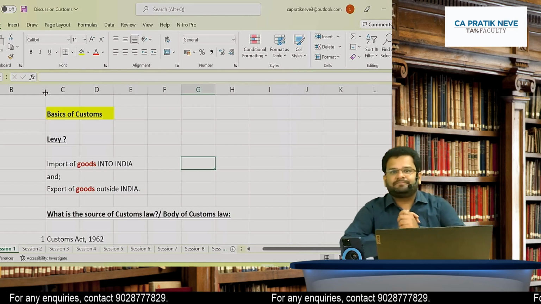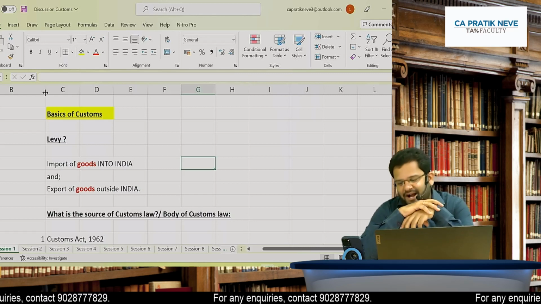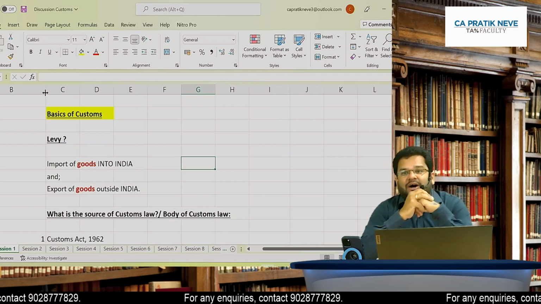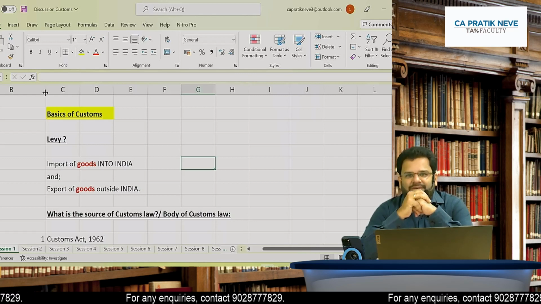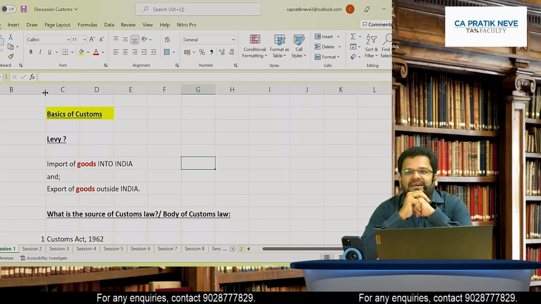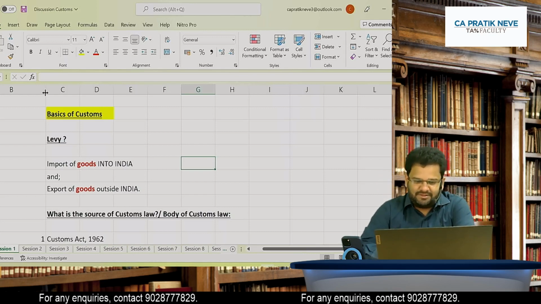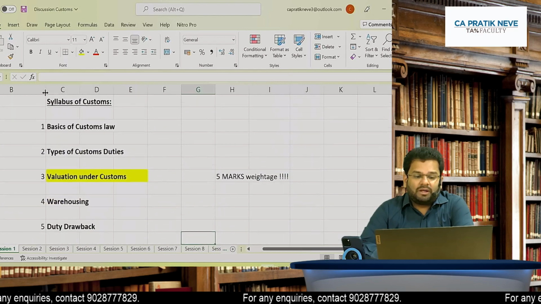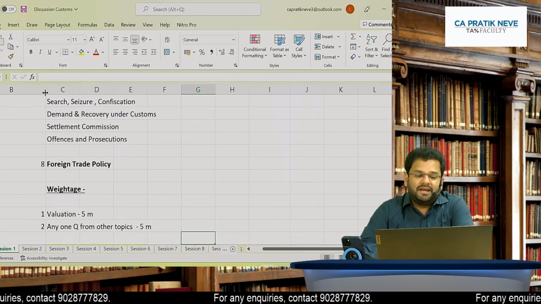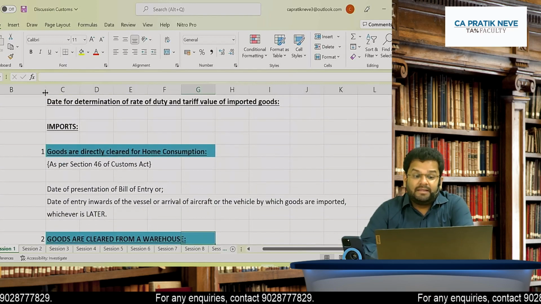Let's start. Import of goods into India and export of goods outside India will be chargeable to customs duty. So this is nothing but the taxable event in customs. Now, when I talk about import of goods in India and export of goods outside India, then in case